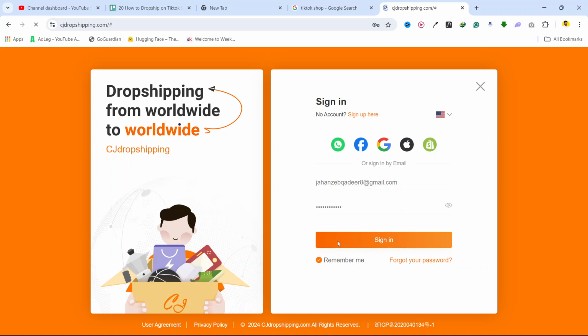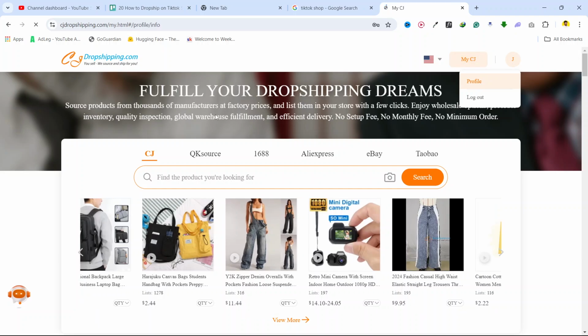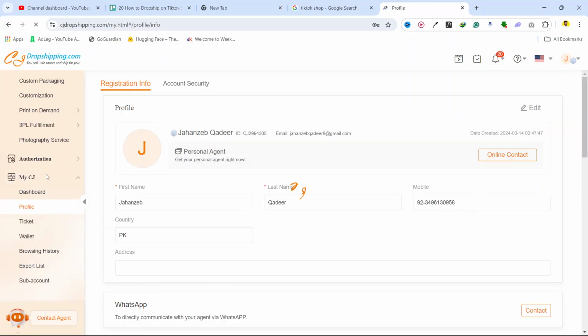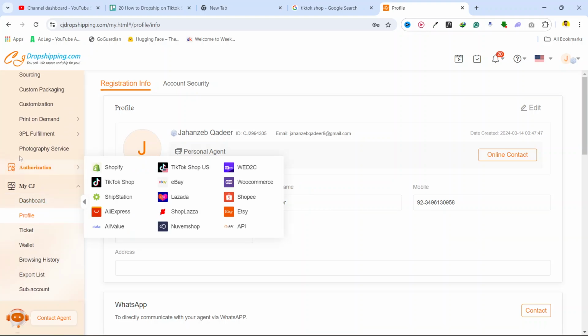Skip, so I do not want to change the password now. Okay, and now I'm in my account. Click on profile. Once you are in your profile, wait for a few seconds here. Okay, and here you can see different options. So here you can see authorization, and click on TikTok shop,